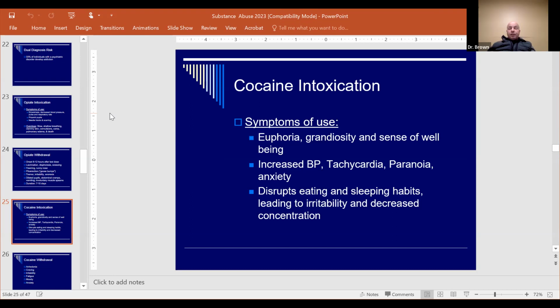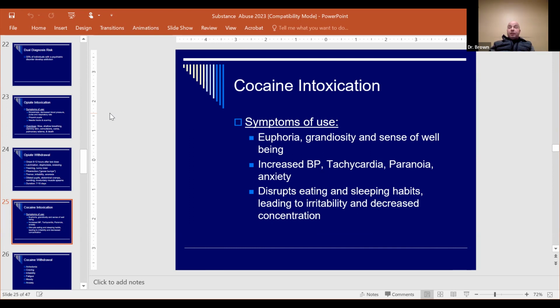So next substance is cocaine intoxication. Cocaine speeds you up, like opiates slow you down. Cocaine speeds you up. Okay. And people on cocaine are usually euphoric. They're very grandiose. And again, since this speeds you up, you have the tachycardia. You become paranoid because you're not sleeping. And you're not eating. Typically, people that use cocaine are on the skinnier side. And you'll see the Hollywood types that use cocaine for weight loss, but it is a bad